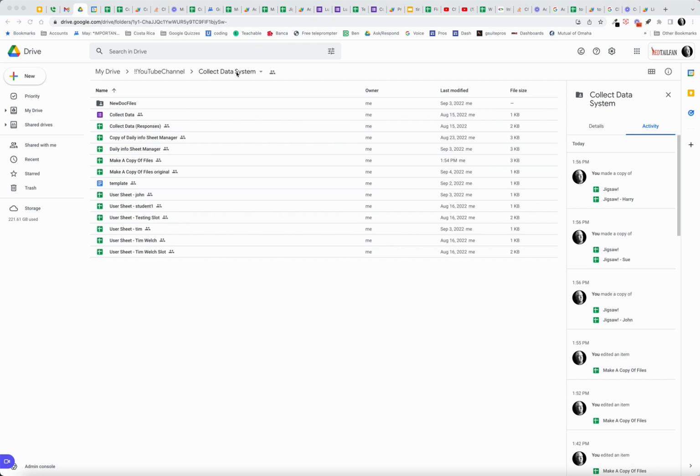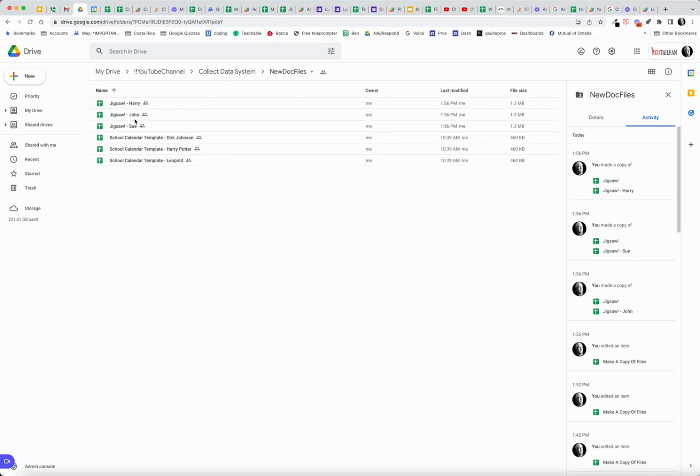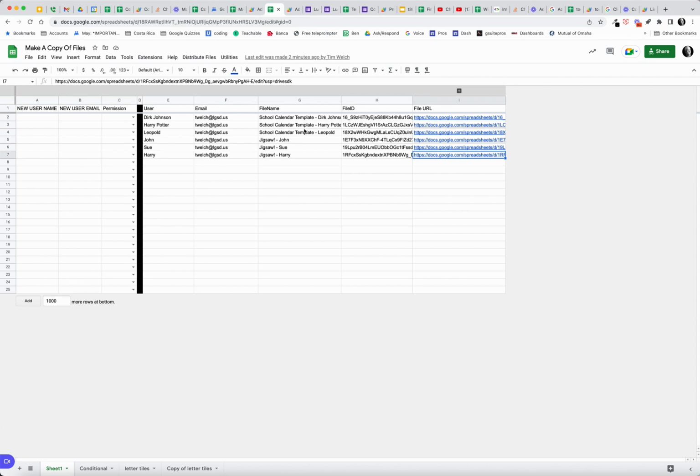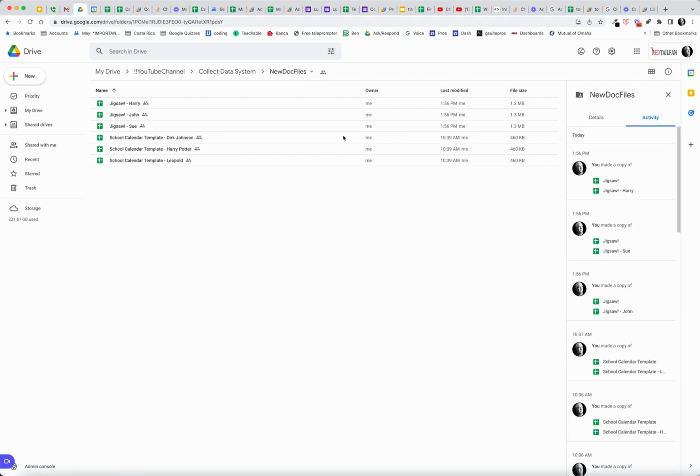So inside of my YouTube channel was my collect data system, and inside here is the new doc files. So there's the jigsaw for Harry, John, and Sue. And it makes it handy for me because now I have a list of the files I've shared, who I've shared them with, and I can open them up and see what they've done with them because I remain the owner. If you look back here, you can see that I'm the owner of all the files,